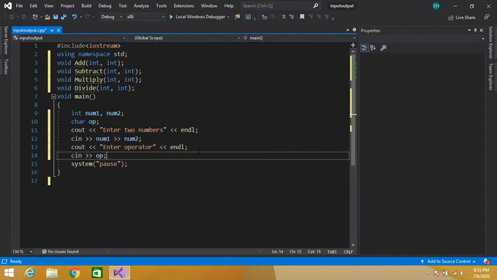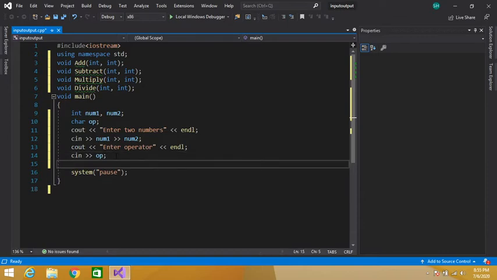Depending on this operator, if the user enters plus, multiply, divide, we will perform addition, subtraction, multiplication or division based on this operator.